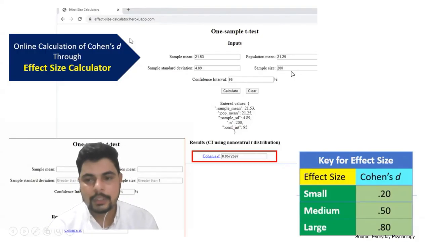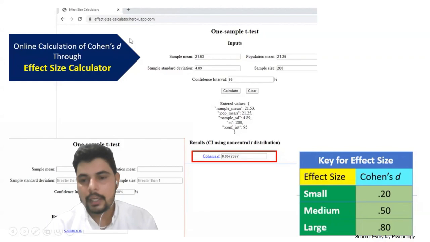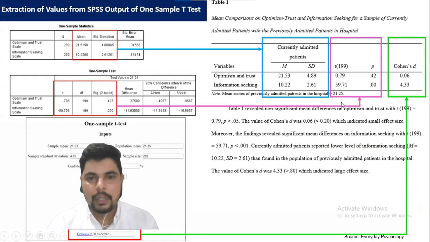if the Cohen's d value is 0.2, it means our effect size is small. If 0.5, it's medium. If 0.8, that is large. So we can say that a value around 0.7, 0.6, or 0.8 is good enough to interpret in our research chapter. So basically, this is the whole